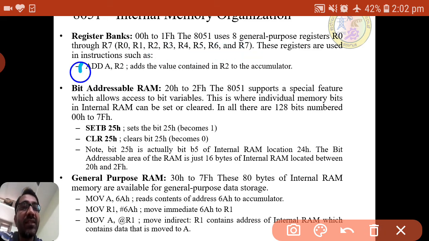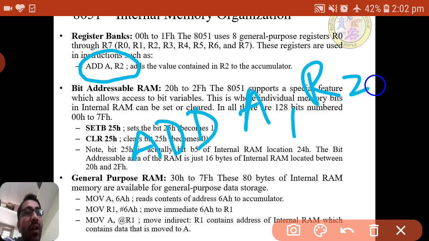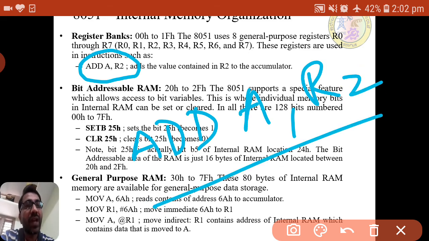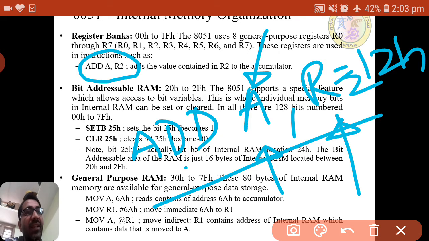Suppose there is an instruction like this: ADD A, R2. It will do the add function, that is, it will add the contents of R2 and A. A means the A register, which we also call the accumulator, and the result will be stored in A. Suppose R2 consists of 12H and A consists of 34H.